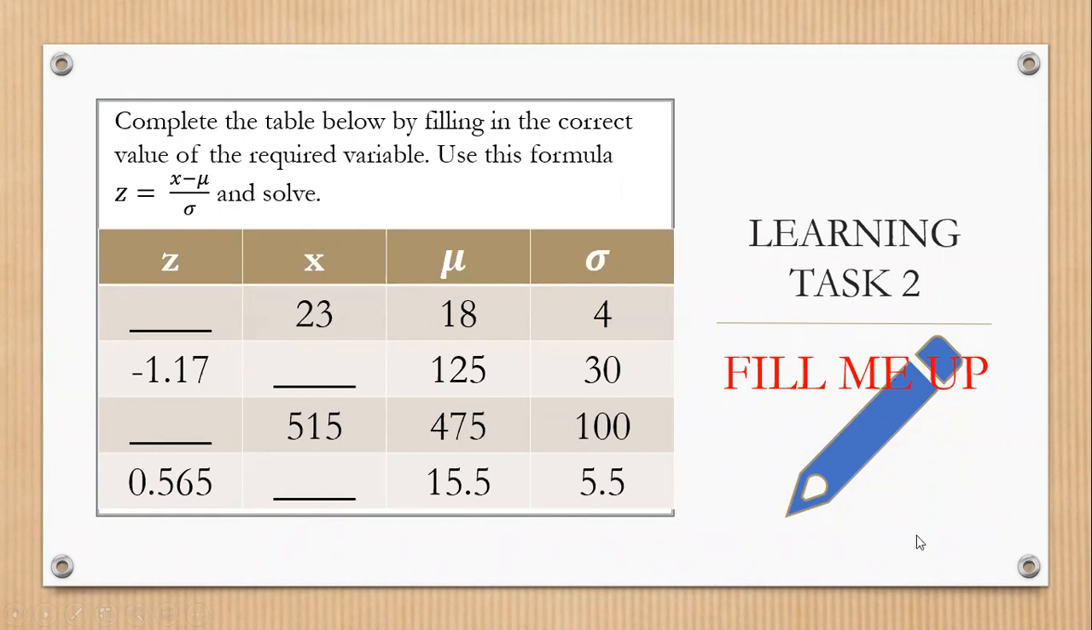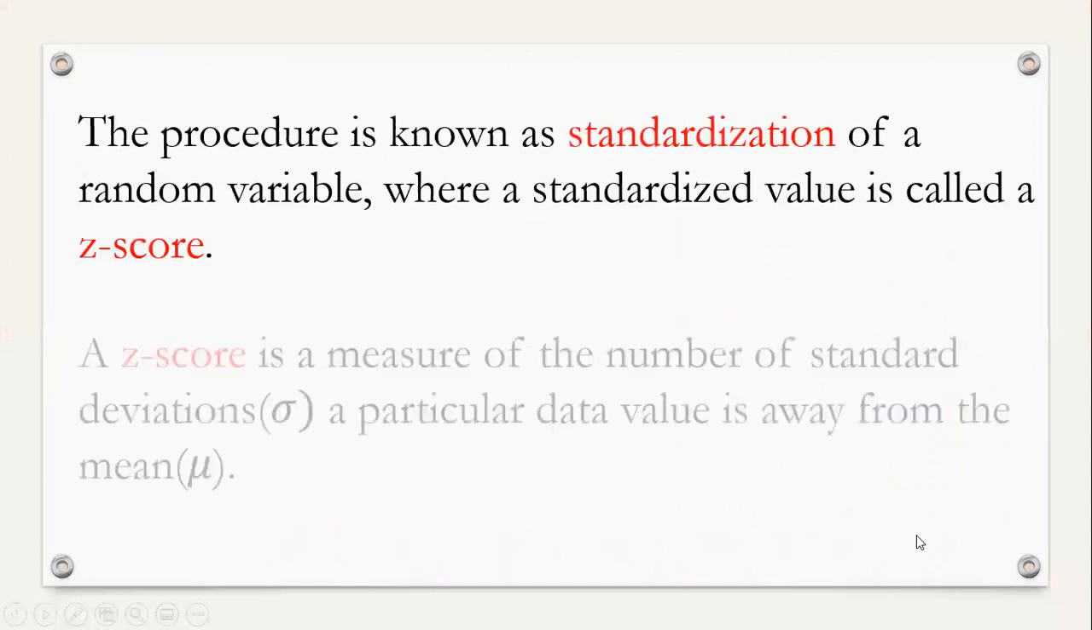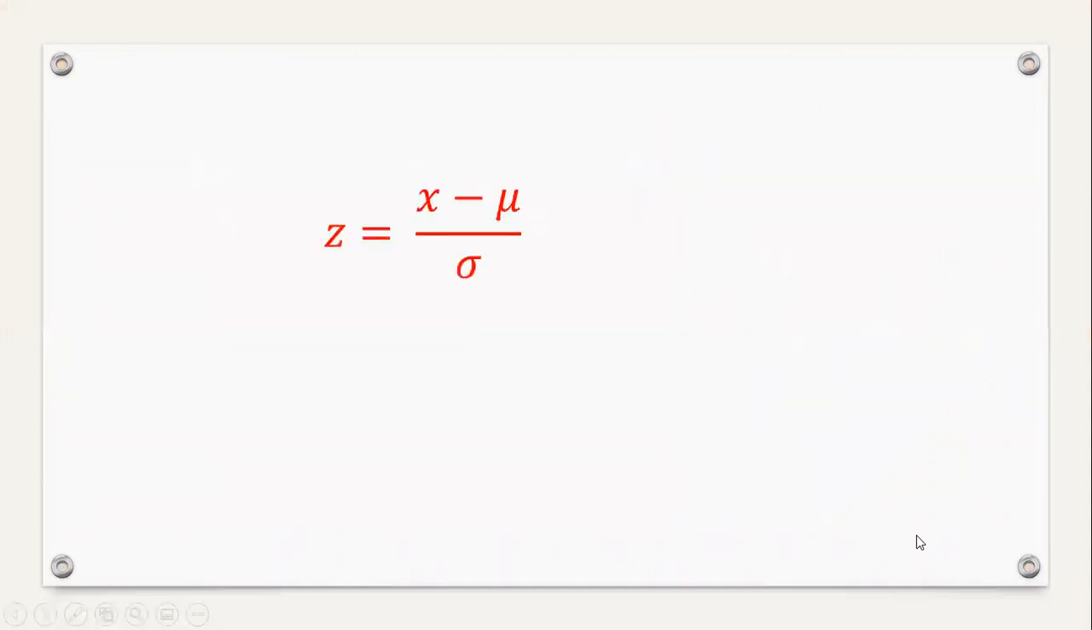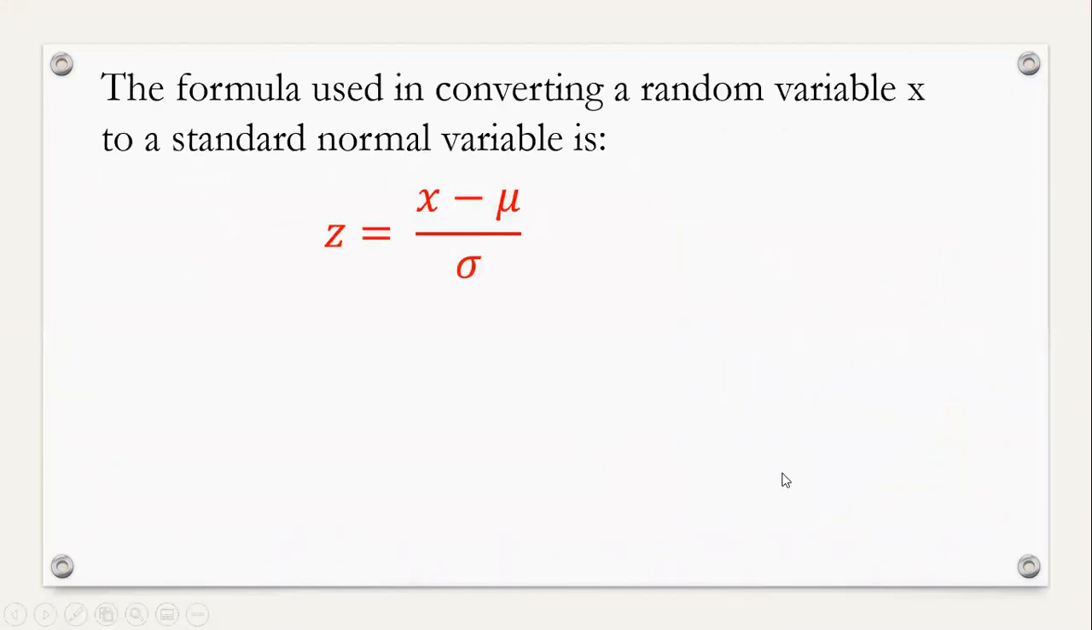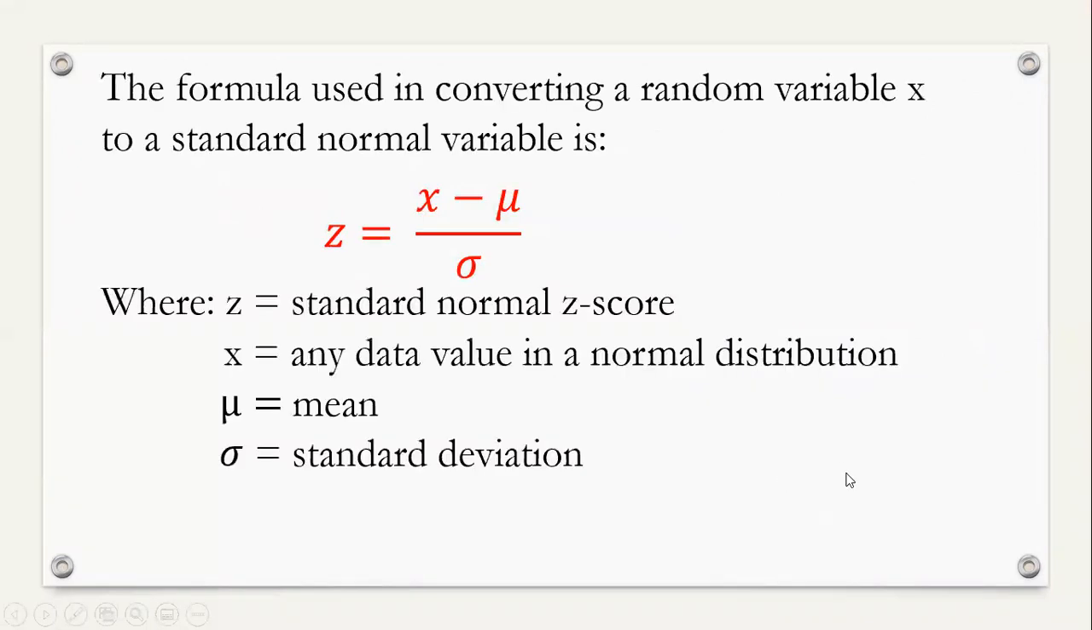Opo, ma'am. Okay. So, yun na po yun. Standardization na nga. Ito yung sinasabi ko sa inyo kanina. And this is the formula. Okay. Where z is the standard normal z-score, x is any data, the mu is the mean, and the sigma